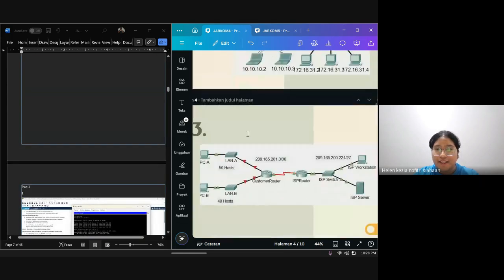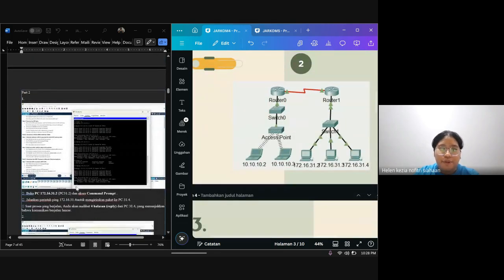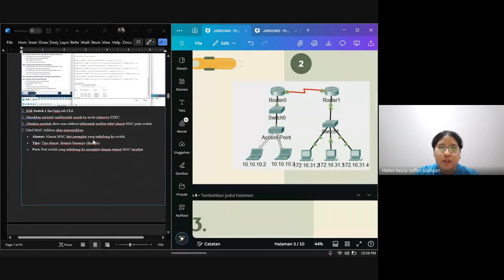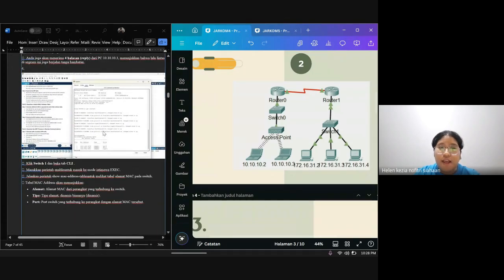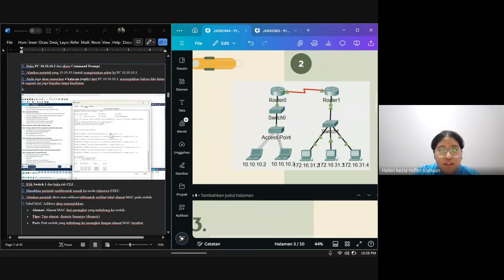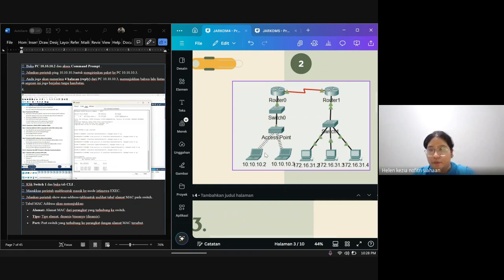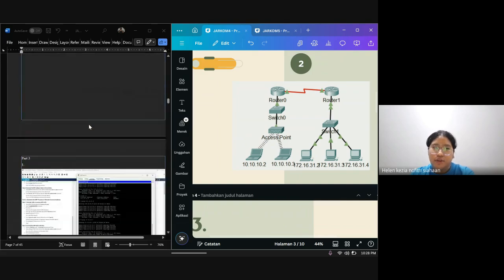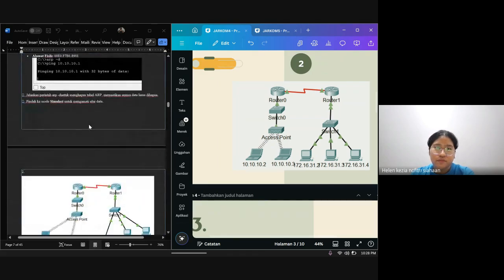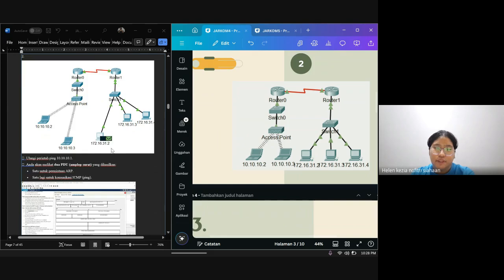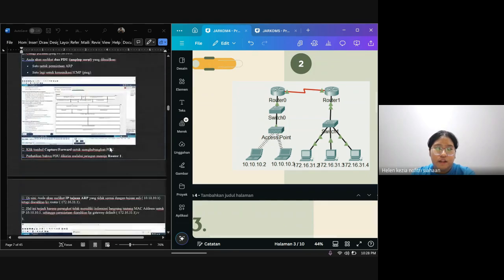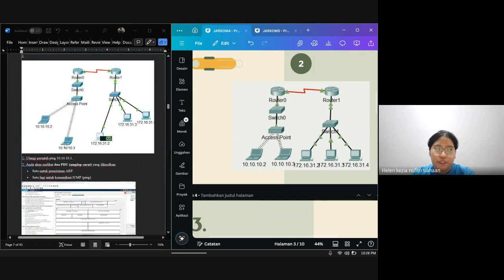Then part two. Yeah, part two is we need to do something like that again, but the difference is we will do some EXEC using the PC here, because we need not a PC but a laptop in here. It was a little bit hard because we're using CLI, but it will be done. And here, like you can see, it's all from here. Then it will appear again, and you can see it will go to here.